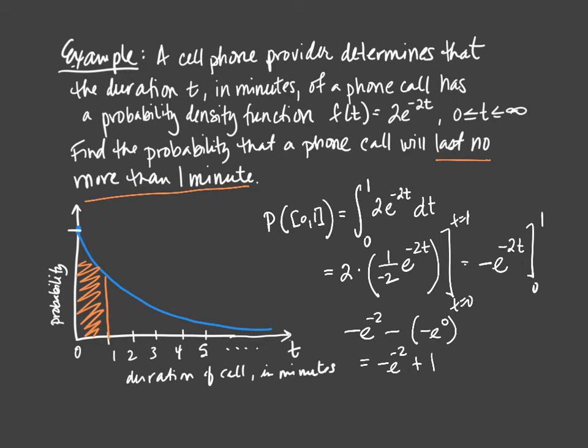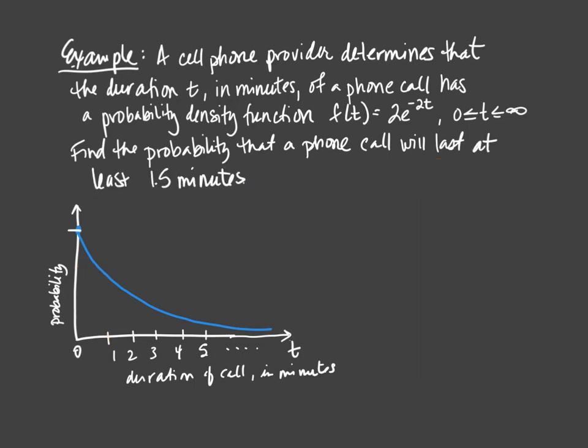So let's try and compute what that probability is. 0.86465, we'll say. So whatever you need to round to, you can round there. So that's the probability. Pretty high likelihood that it lasts no more than 1 minute, right? An 86.47% chance, if you will, that it will last no more than 1 minute, okay? So all that is just finding area under the curve.